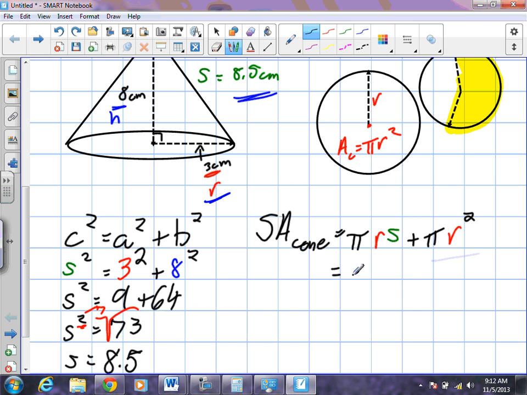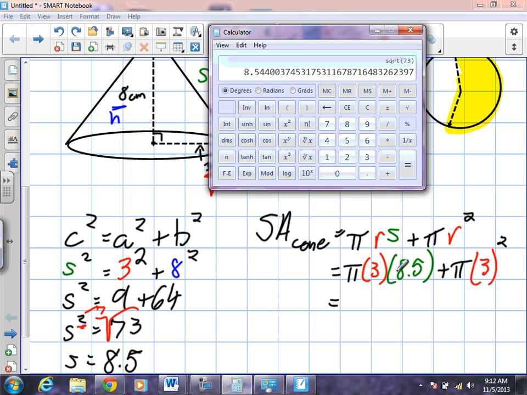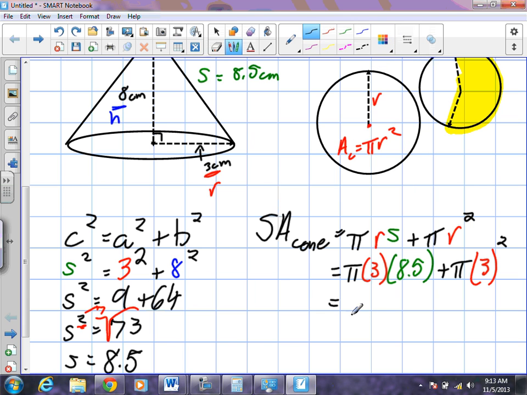What is R? Okay. So pi times 3. What is S? 8.5 plus pi times 3 squared. Good. Okay, so let's work this out. We're going to work out pi last. First, we're going to work out what 3 times 8.5 is. And even though that's the last part of the formula, there's a rule with multiplication. It doesn't matter what order we multiply things by. So 25.5 times pi. So I'm going to call it 25.5 pi,